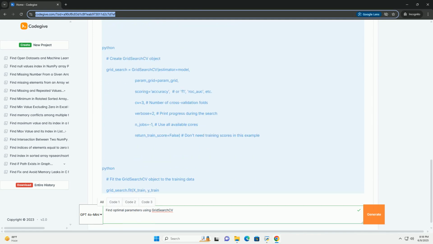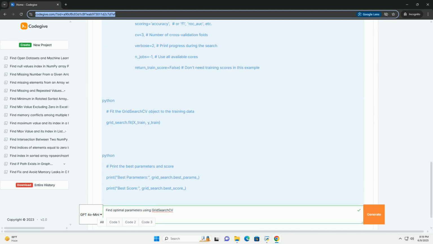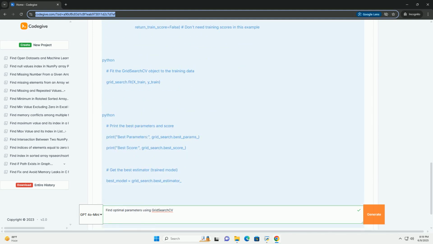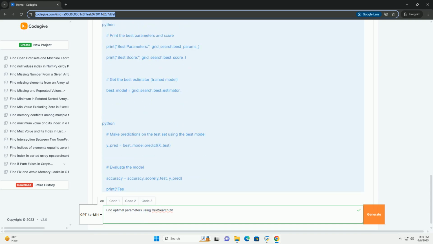Hyperparameters, on the other hand, are settings that control the learning process itself. They are not learned from the data. You set them before training starts. Examples include